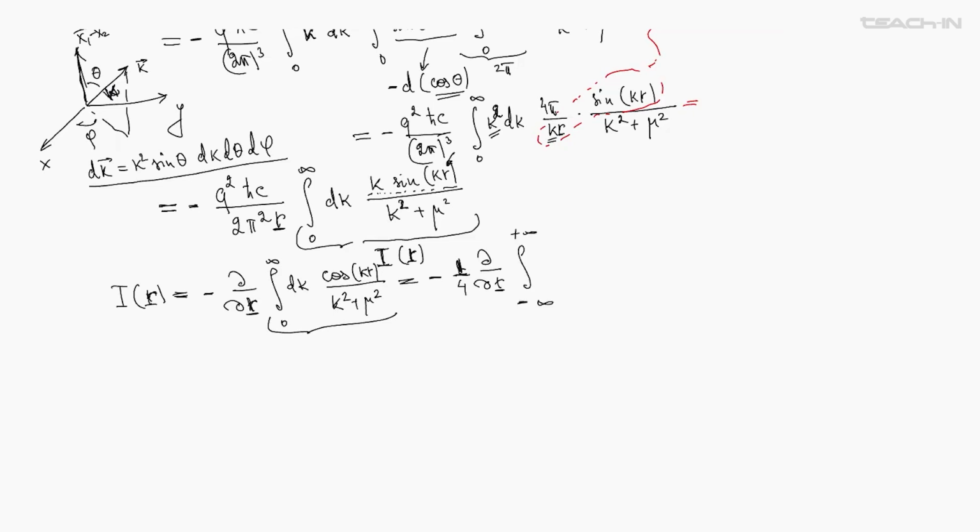You can divide by 2 and extend integration from minus to plus infinity, and then you will have here cosine you write as e to the i kr,